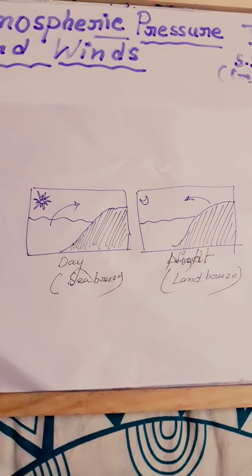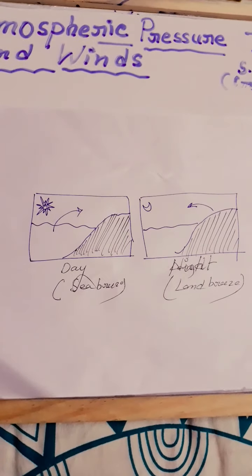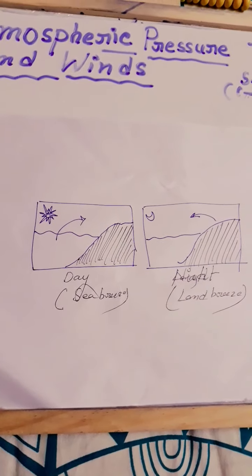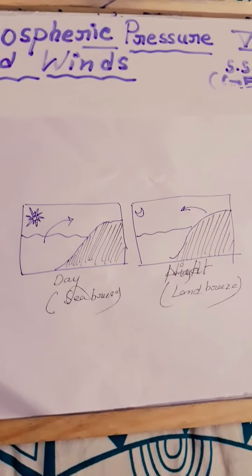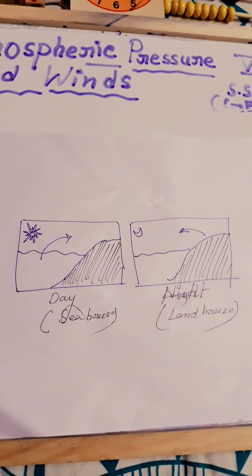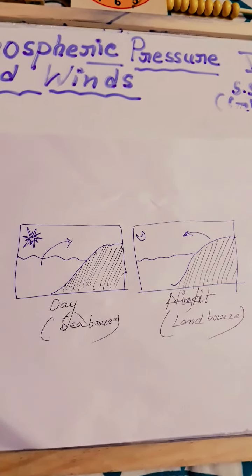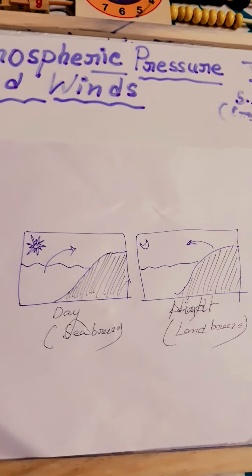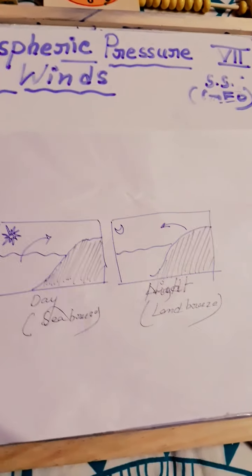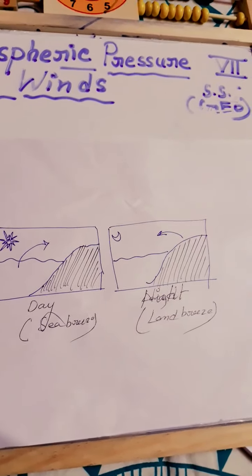Land and sea breezes blow along coastal areas. Coastal area means an area which has a seaside or ocean; that area is known as the coastal area. So along the coast during daytime, the land gets heated up faster. Why faster? Because land is a solid thing, and a solid thing always traps heat faster than a liquid thing, so faster than the sea.